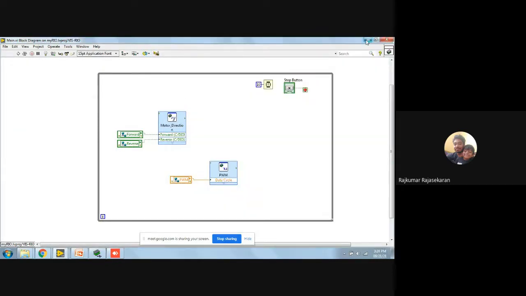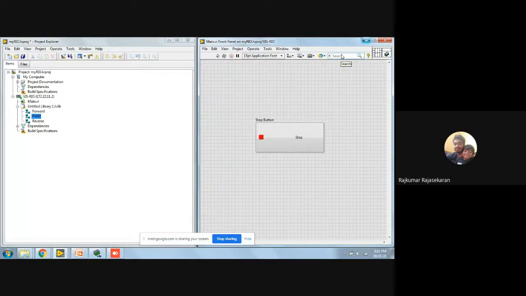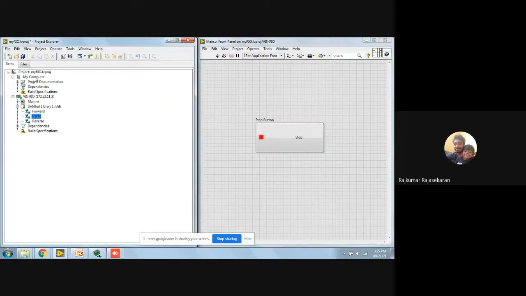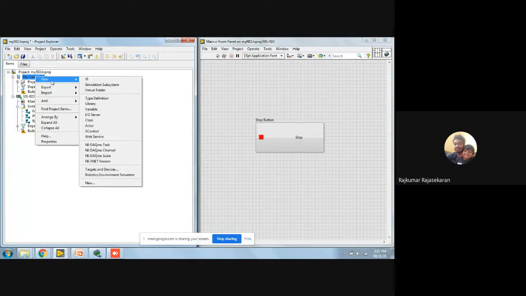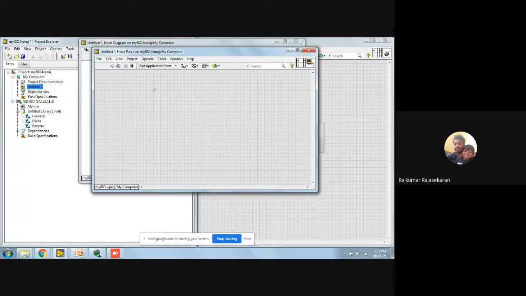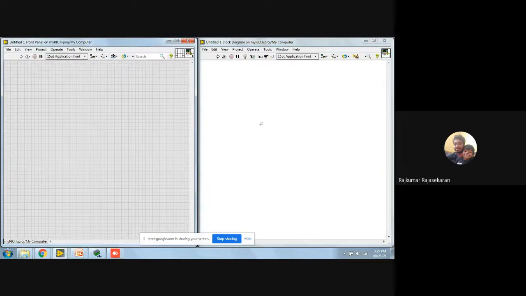Mostly your myRIO will not have a GUI, meaning in order to communicate this data, either you have to use code developed on your computer, or you have to develop the GUI on your cell phone. On your computer, you right click, go to new VI, and write code here which will transfer data from here to your myRIO via the shared variable concept.